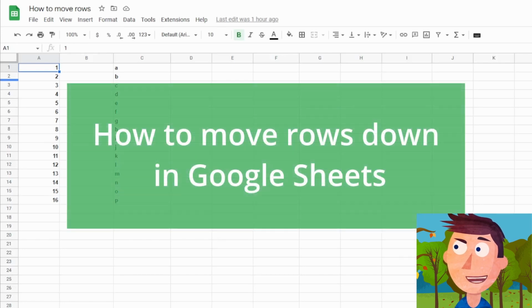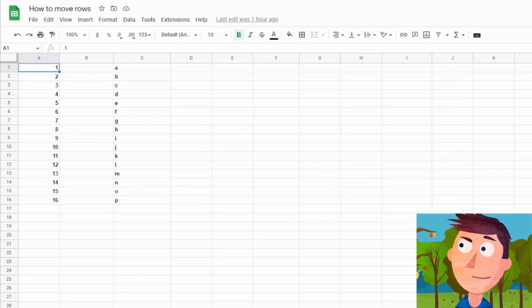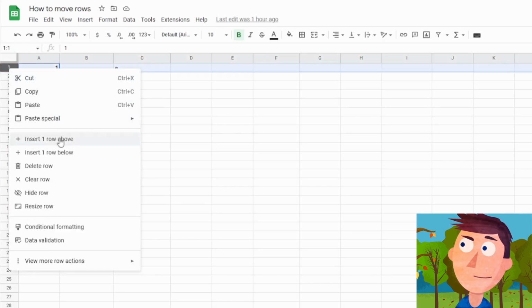In this short video I will show you how to move rows down. There are a couple of ways to do this, depending on what exactly your needs are. Method number 1 is to click on row number and then click Insert one row above or Insert one row